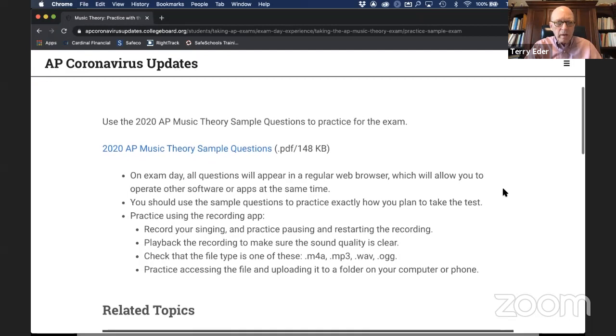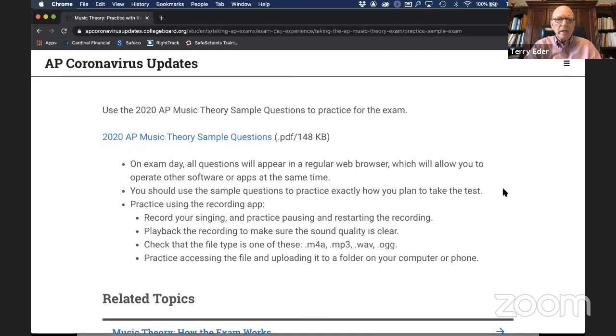So right here, it says, on exam day, all questions will appear in a regular web browser, which will allow you to operate other software or apps at the same time. You should use the sample questions to practice exactly how you plan to take the test. So tomorrow, I don't know how you did this yesterday, but tomorrow, if you're planning on doing it on your phone, or on a tablet or an iPad, or on a computer, take the test tomorrow using the actual device that you're going to use to take it